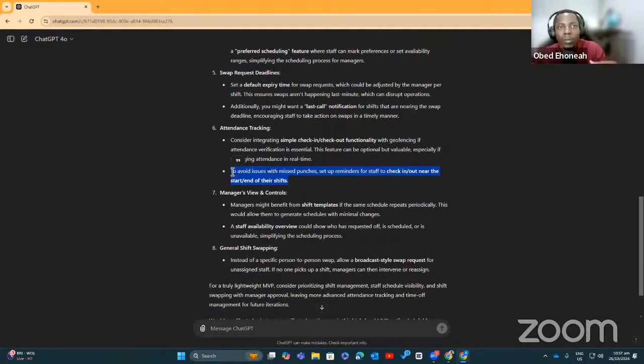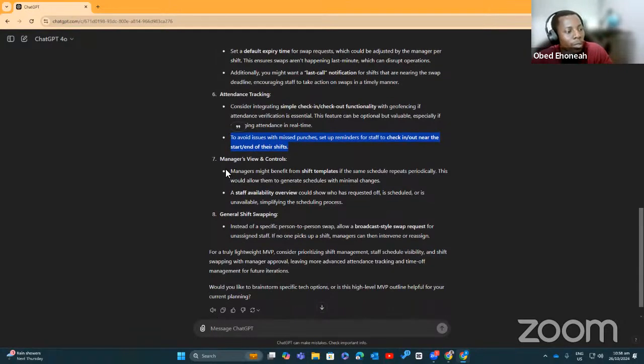But I think the point of prompting them, you know that the shift is coming up because you have the schedule of that particular staff. So for every staff, we give them a notification that hey, your shift is about to start if they haven't checked in yet. And let's say the time for the shift has started, they haven't checked in. We give them a notification that you haven't checked in. So that is a very good point.